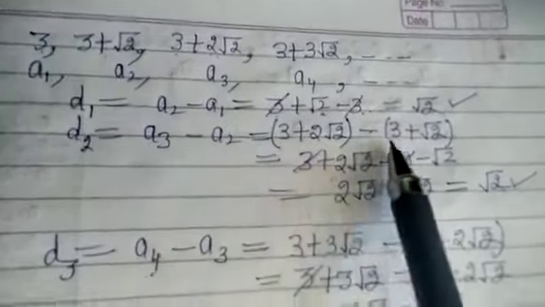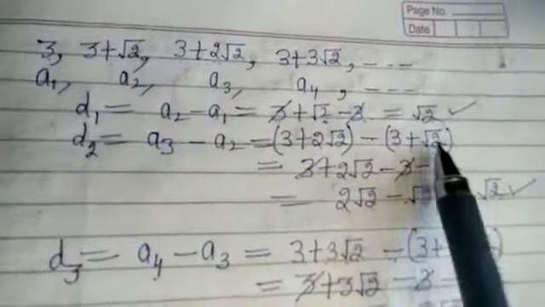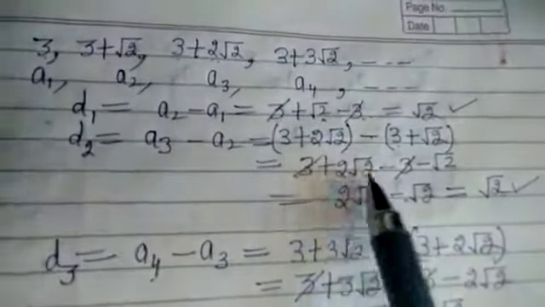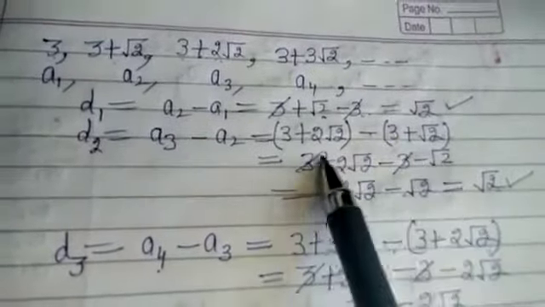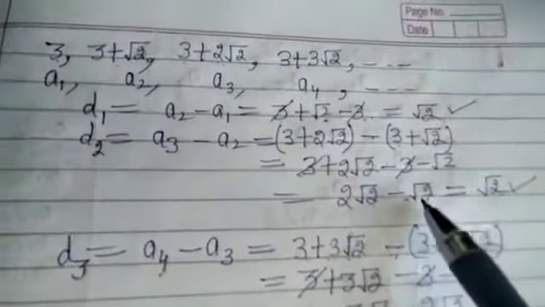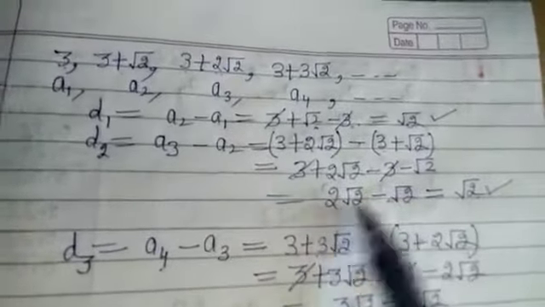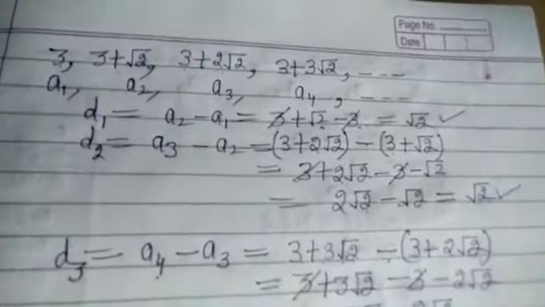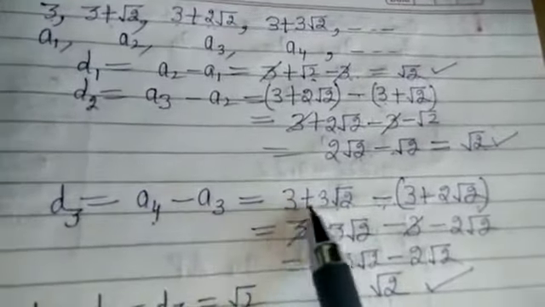Now you see this A2 has two terms. So I have to use a bracket here. This is a very important step. If you do not use a bracket, this will be wrong. So 3 plus 2 under root 2, when we open this bracket, minus plus minus, so 3 and 3 will cancel out. 2 under root 2 minus root 2, it means it is 1 root 2. Their bases are the same, so 2 minus 1 is 1, 1 into under root, so we will write it is under root 2 only.